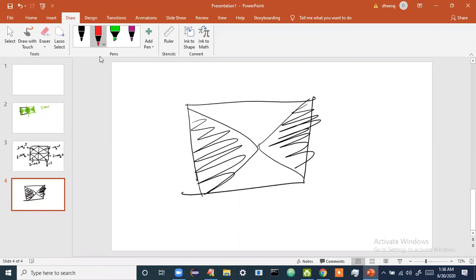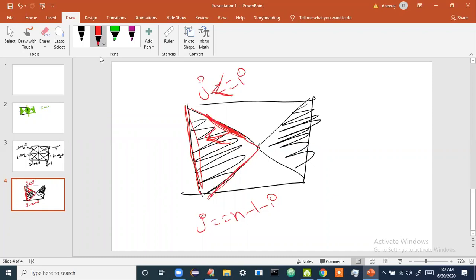Whatever this line you're seeing, it is a boundary, so don't include that line. Then what are the other two line equations? This is the line equation, and this is the line equation. The line equation of that is j equals i. The line equation of this is j equals n minus 1 minus i. From this line, I have to print the left side, so j is less than or equal to i.